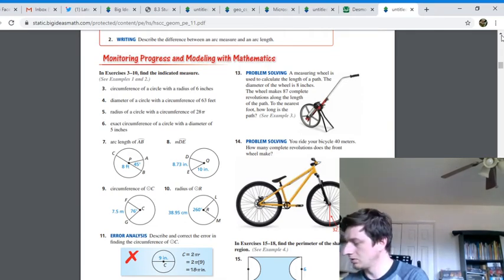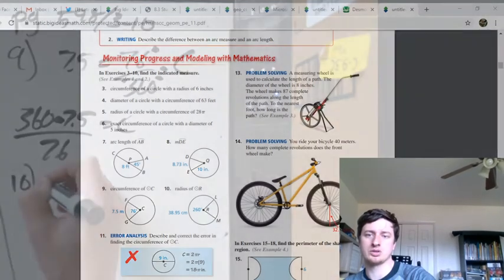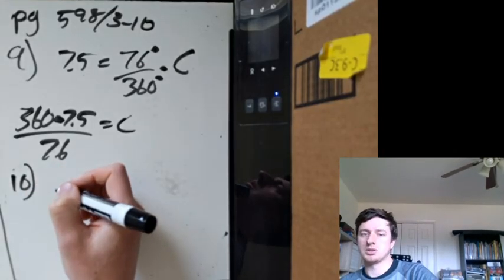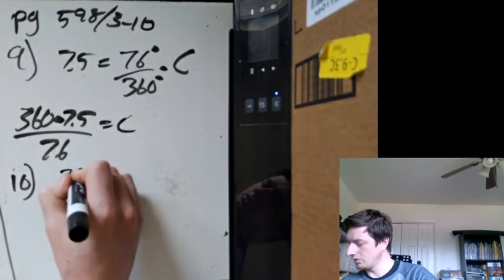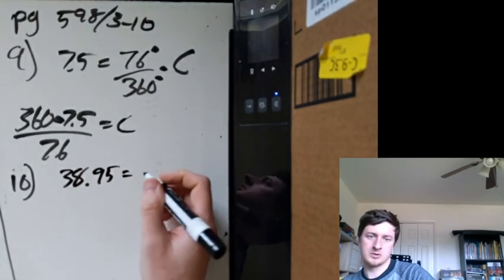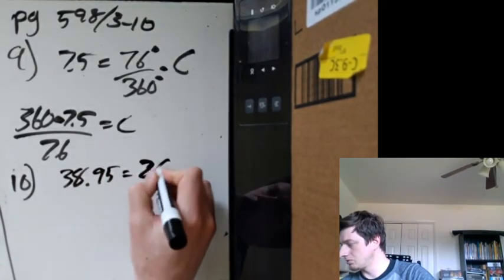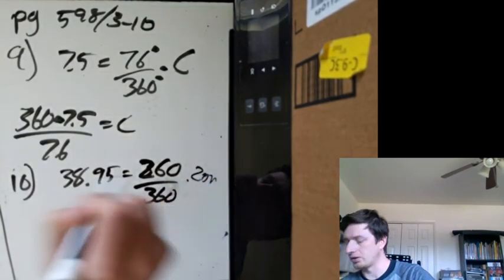10. We've got an arc length. Now you'll notice number 10 uses the big angle instead of the small angle. So here's that one. Nope, sorry, I did switch it. Here's what we do. We do arc length 38.95 equals 260 over 360 times 2 pi r. And then we need to solve for